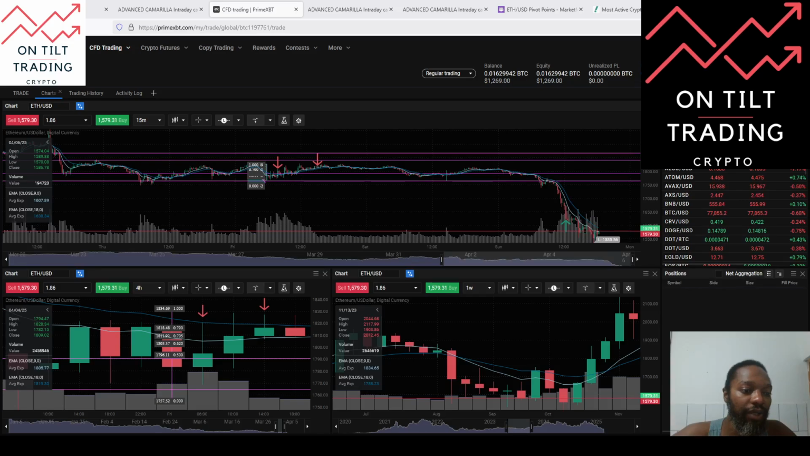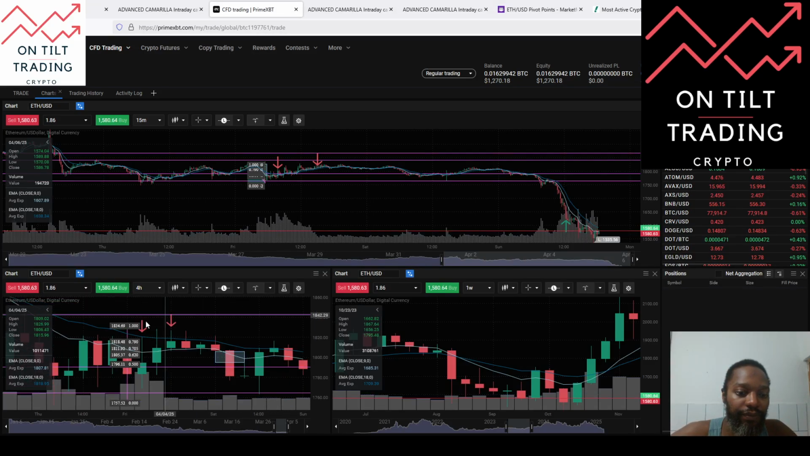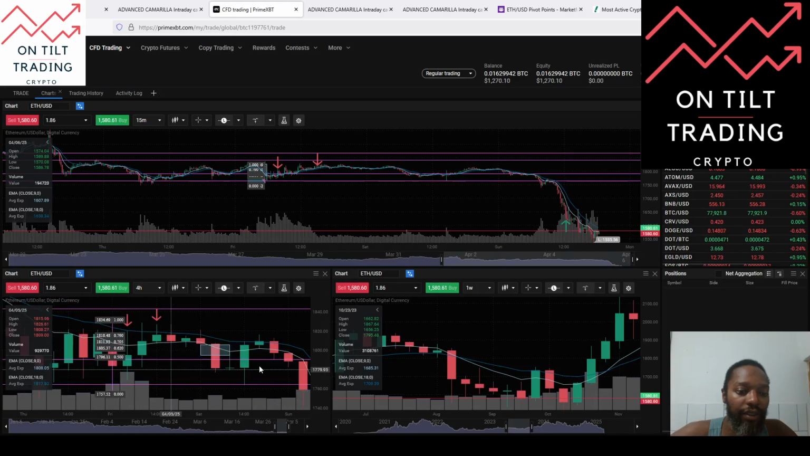I think the spread on Ethereum is about 2 cents. So my stop loss would have been 1834.71 on these entries here. And then we'll scale out. And you can see there's quite a bit of consolidation here